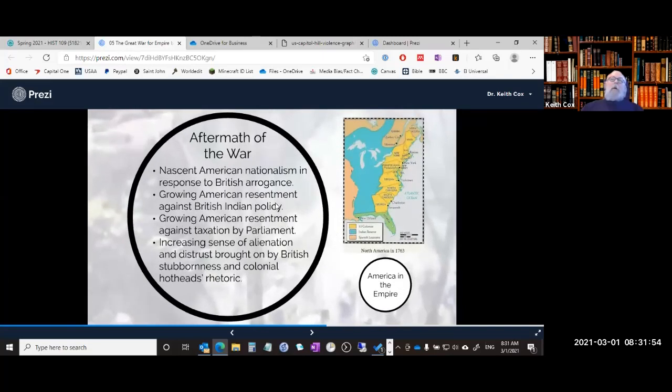And this is it. So if you want to, you can take a picture of this slide, or you can go back and look at it, or somehow or other get it into your notes, because this is very important. This is the whole reason why we talked about the Great War for Empire, because there are these four major consequences of the war that will lead directly to the American Revolution. Okay, so the first one is, during the war, actually,